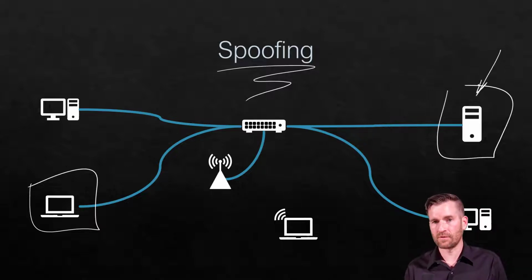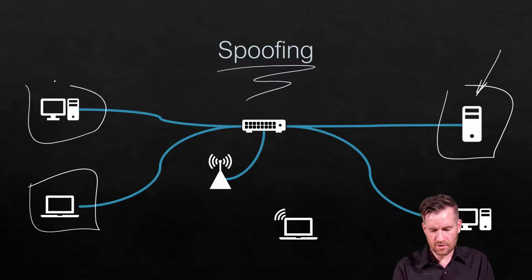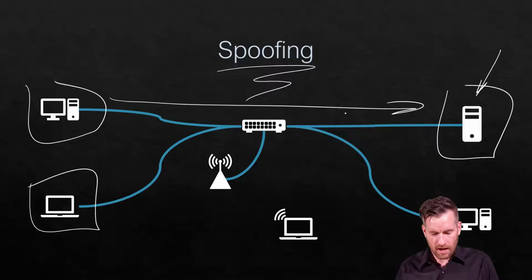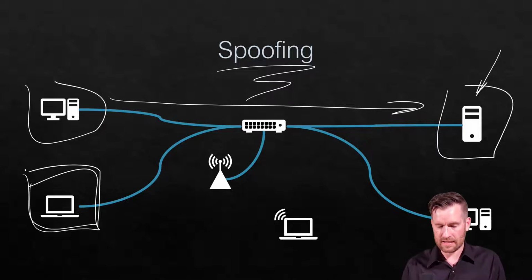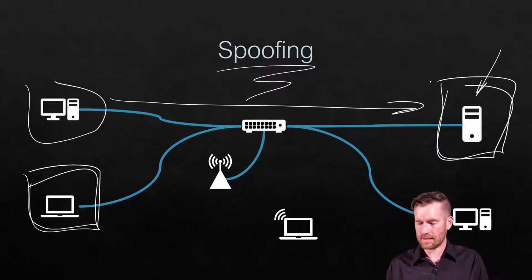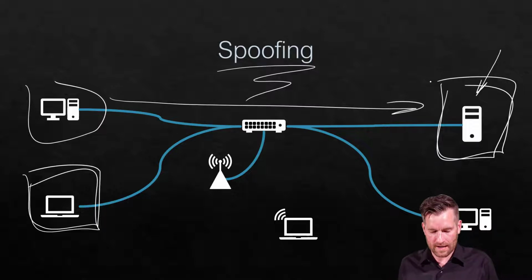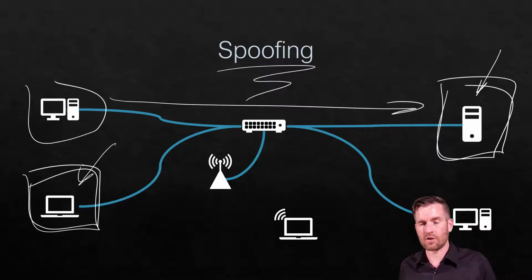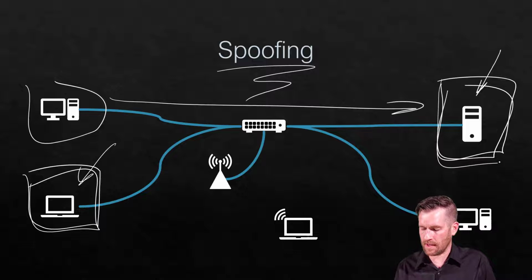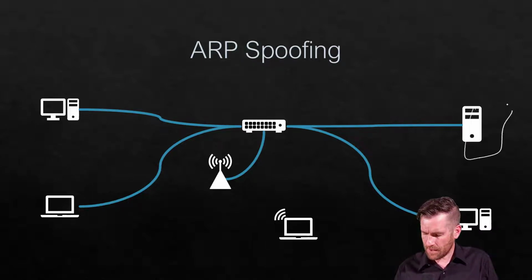So let's say we have a server right here, and this machine is trying to connect to this server, but somehow this machine is spoofing or pretending to be this server. And there are several different ways that this device might go about doing that, pretending to be this device right here. So if this server has an IP address of